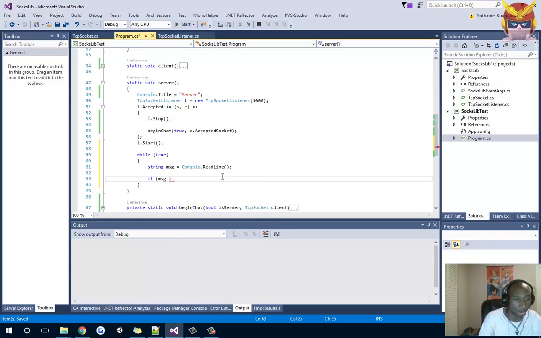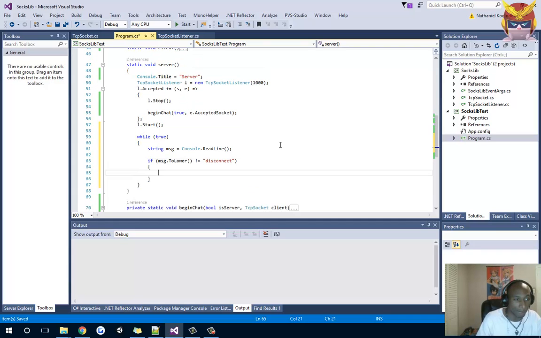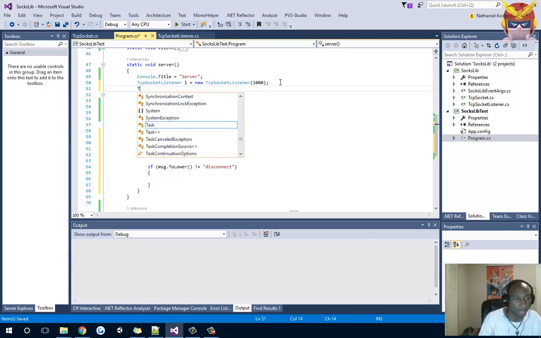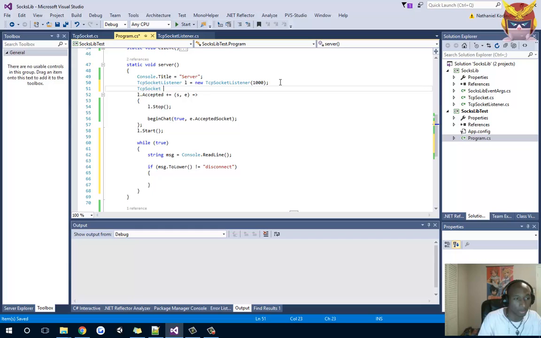If message.ToLower is not equal to disconnect, then actually, var no, TcpSocket client equals null, and once the connection is accepted, we're going to set our client variable to the accepted socket. Now if the message is not equal to disconnect,